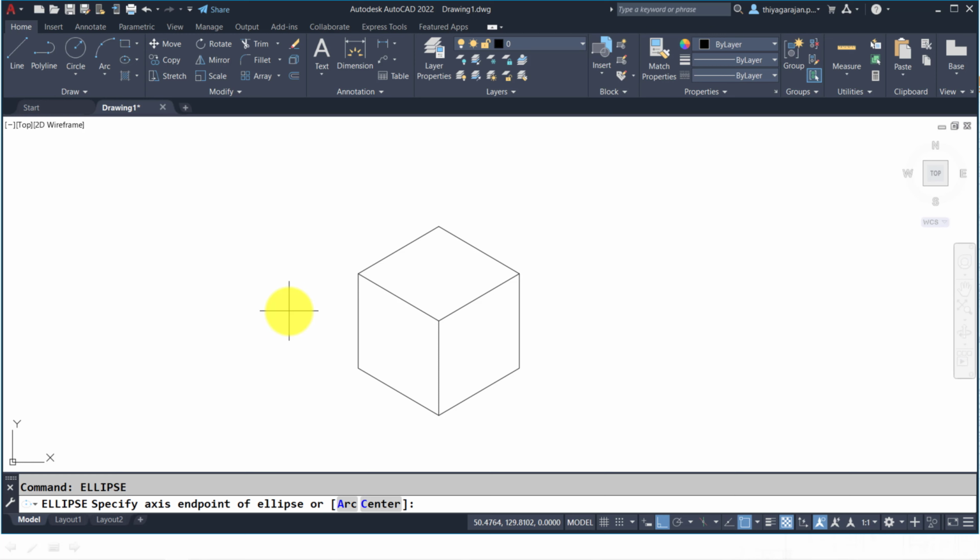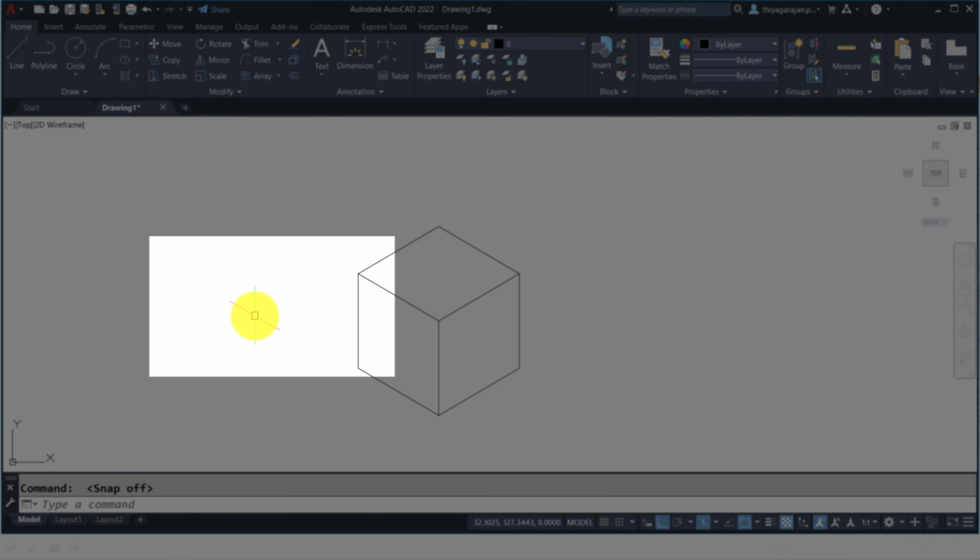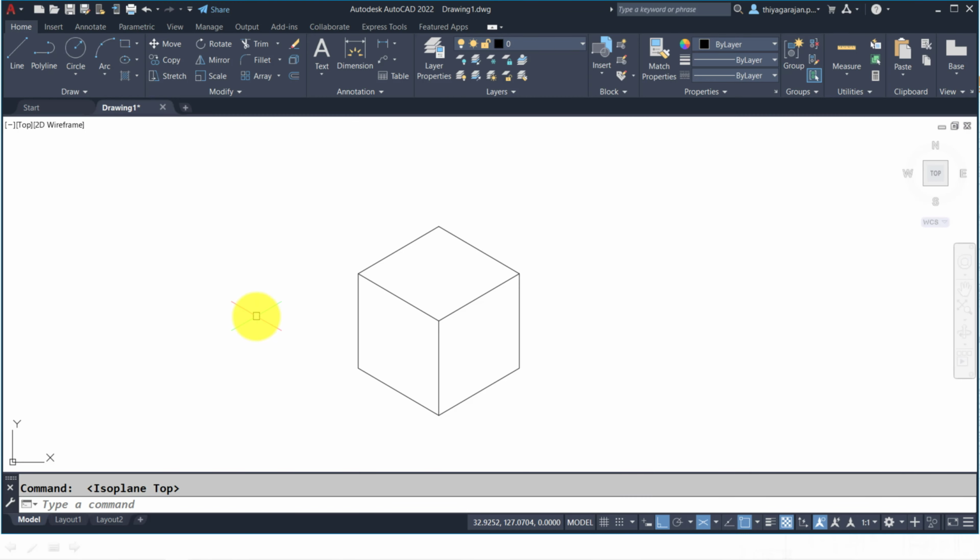So how can I shift? Snap. You can go to the style, isometric, enter. So snap is on now. I'm going to switch off the snap mode. Okay. Now you can see the screen. See the cursor, it shows the isometric snap. You can press F5 to shift the faces. It shows the top.